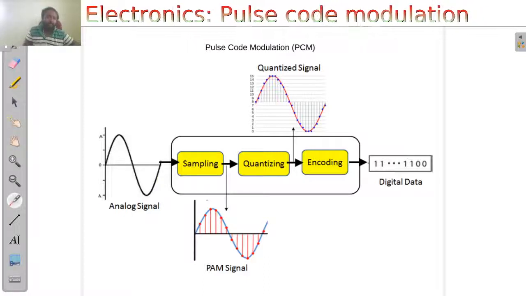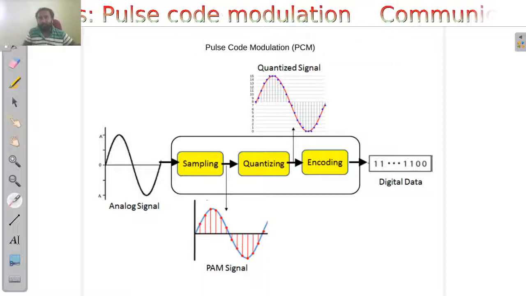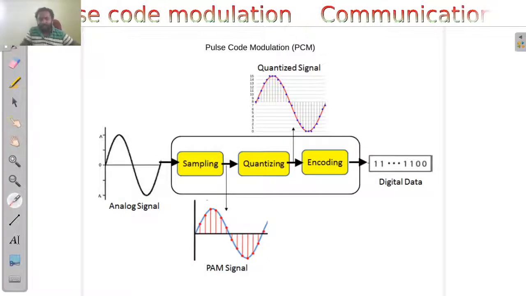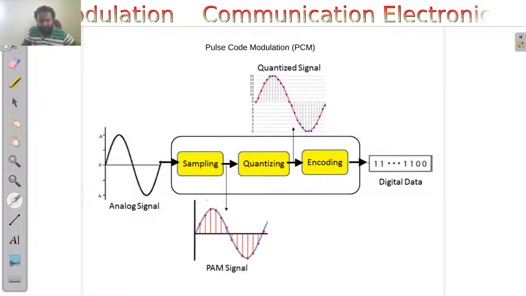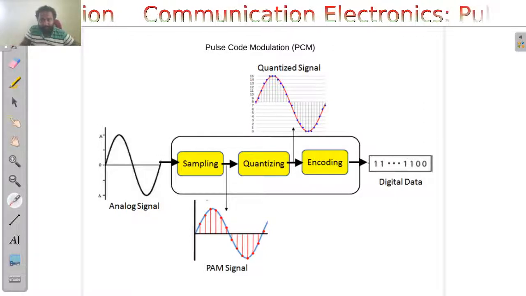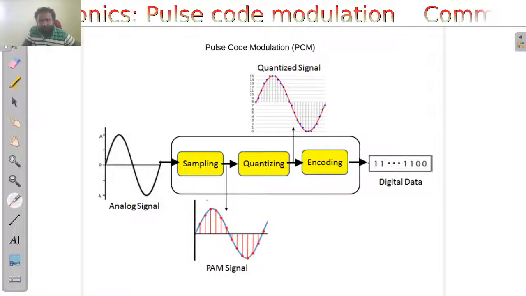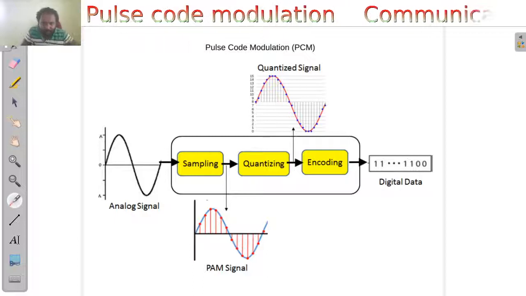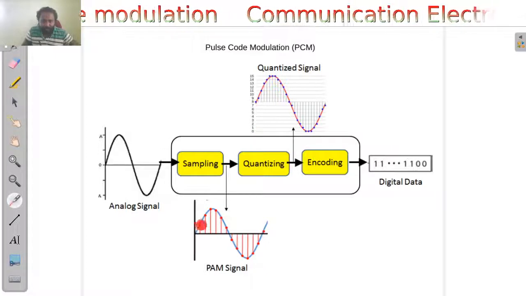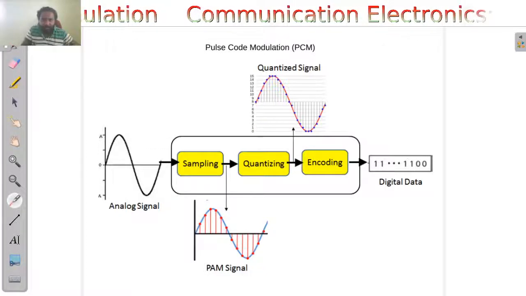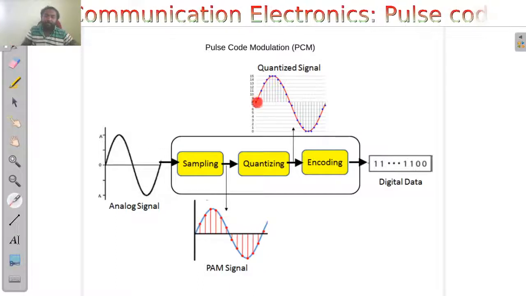And this minus A and plus A can be like minus 3 to plus 3, or say for instance minus 2 to plus 5 volt change, like that. But in the case of this digital scale, you are having a variation from 0 to 15, that is a total number of 16 states, and there will not be any intermediate states in between. So for instance, in between 0 and 1 there is no state. So these are all discrete states. So your sampled values should be approximated to any of these states. Okay, so the nearest state will be taken and your sample value will be approximated to its amplitude.